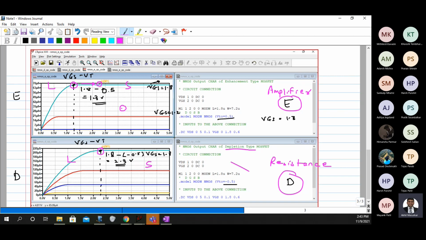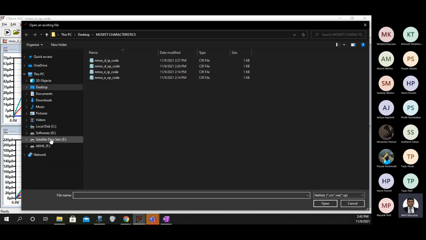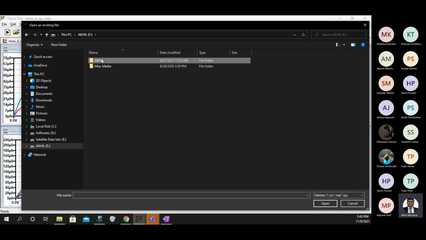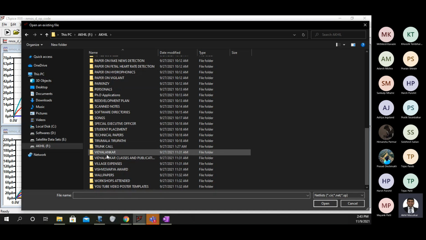Okay, now the question comes, what about the PMOS? So for the PMOS, I will give you the files, and now you have to introspect.